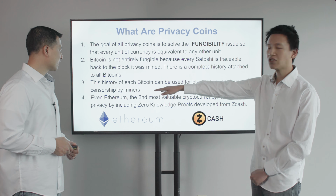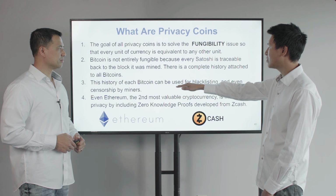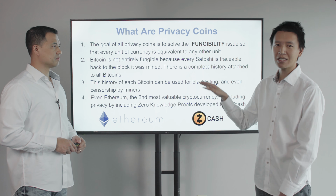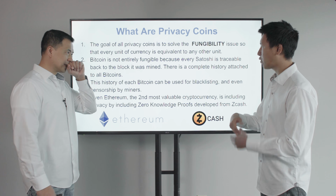Yeah. So because of that history, each unit of Bitcoin can be used for blacklisting and even censorship by miners. And this is not theoretical, this has actually been done. So give us an example. Like, for example,